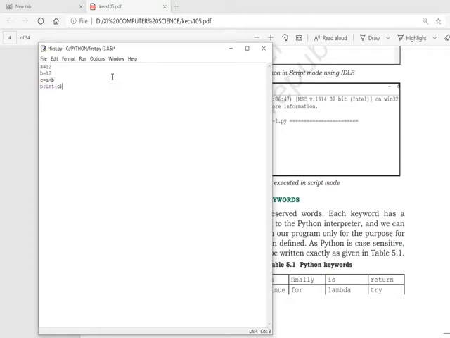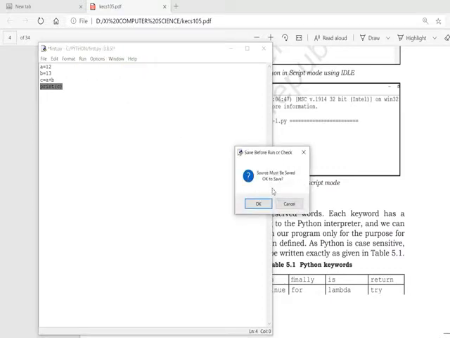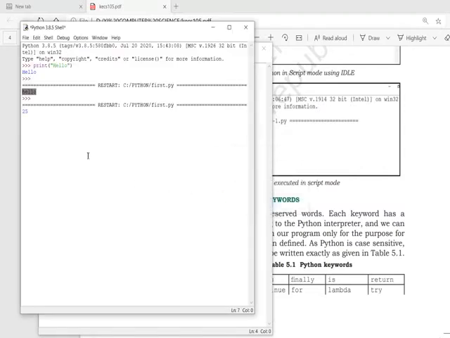If I try to make a program to add two numbers, this is a very simple program: A is 12, B is 13, C is equal to A plus B, and print C. Now recall the definition of a program: a program is a set of instructions which take some input, do some processing, and provide the desired output.